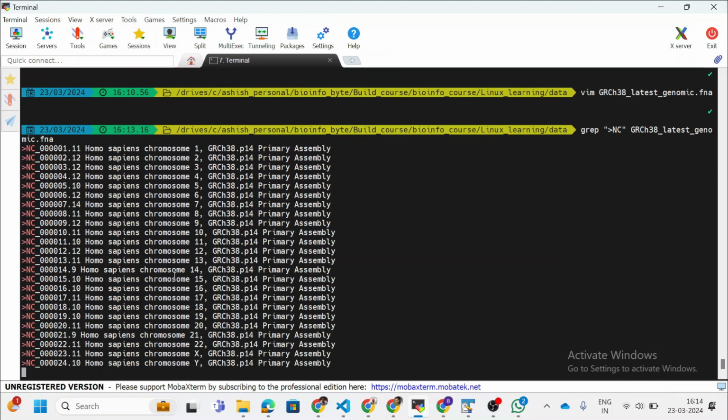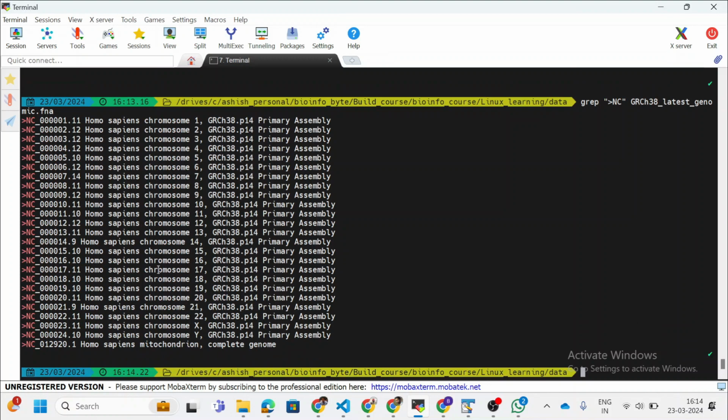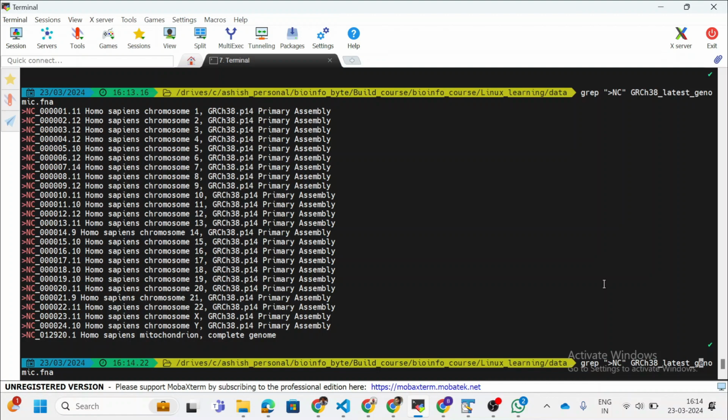So you have to verify whether the file you're going to use has the reference sequence for all the chromosomes. Here I have printed it. The file contains information for chromosome 1 till 22, X, Y and some information of mitochondria. The file also contains scaffold information, but because we were fetching with NC and the scaffold information is named differently, how can you fetch that part also?